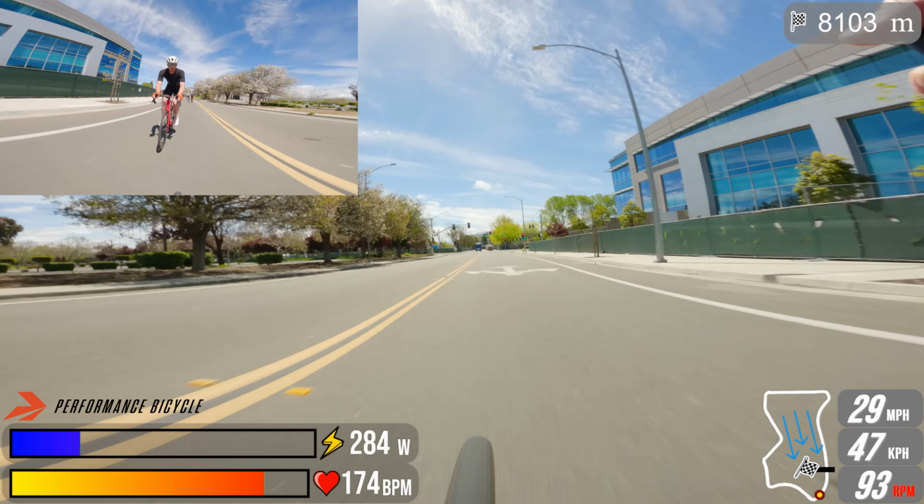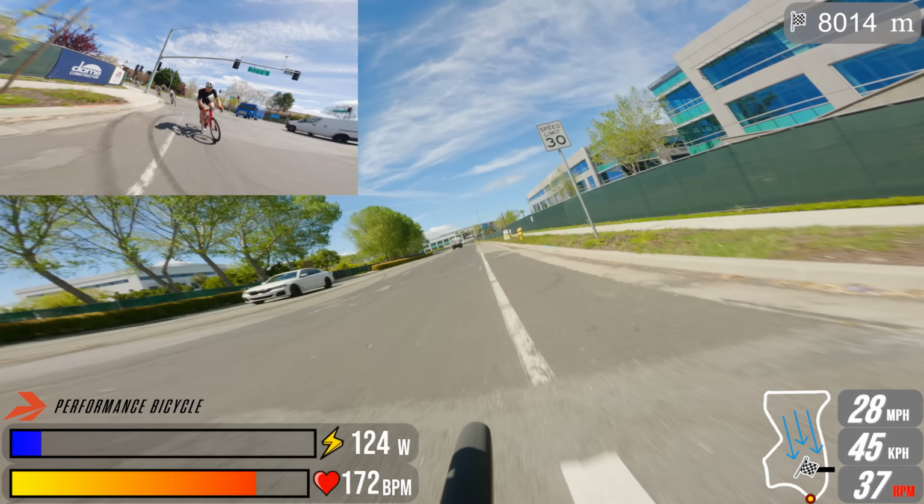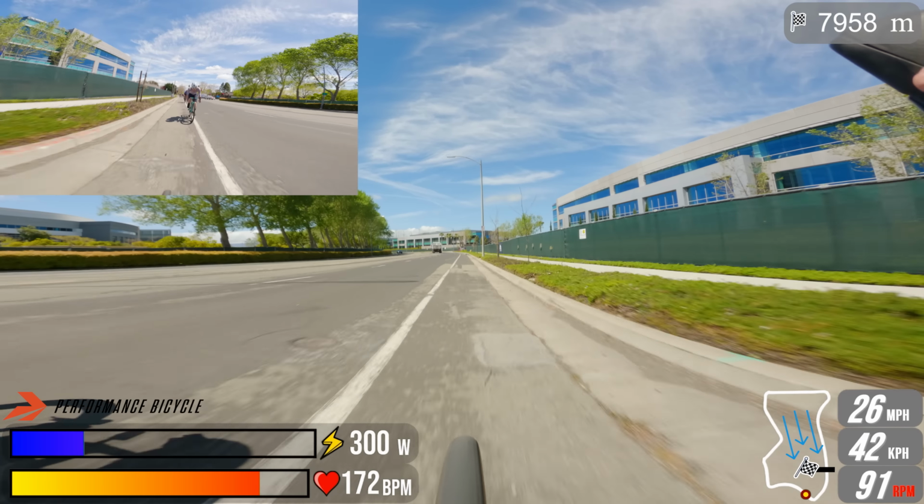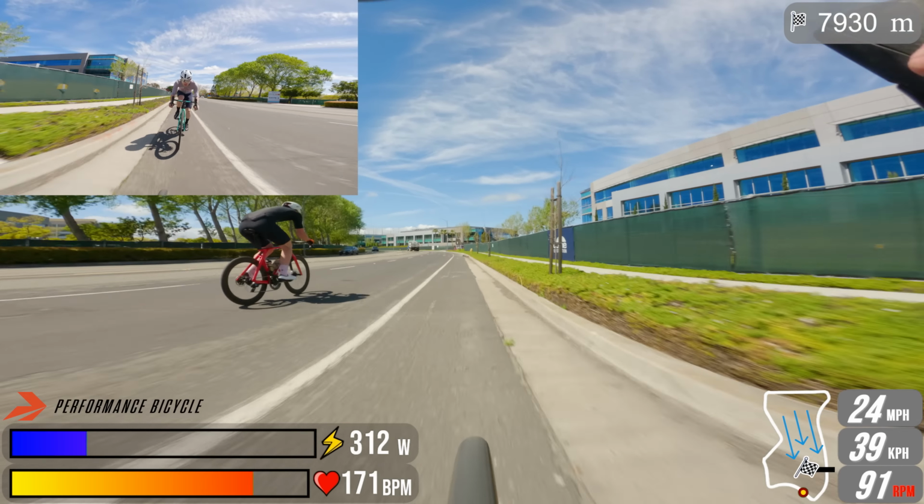So that's what I'm doing here, despite my heart rate being totally jacked up in the mid 170s. I just want to give Matt the indication that I'm going to commit to this breakaway. He's obviously strong enough to make it happen. I elbow him through, and it's like, cool, we got a small group. Guys,